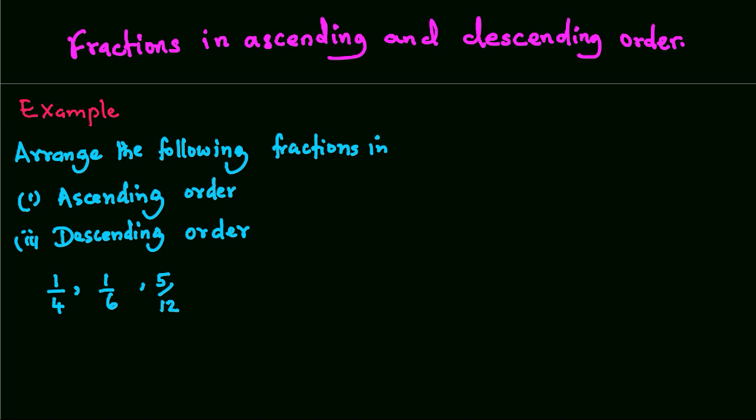Now, to arrange fractions in either order, we need to determine equivalent fractions again. In this case, noting that with a common denominator, it would be easier for us to compare the numerators and say that the one with the largest numerator is the greatest, while that with the smallest numerator is the smallest. So in this case,